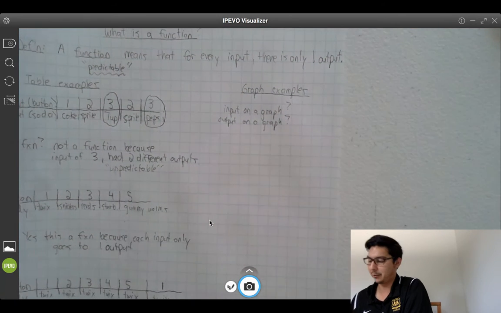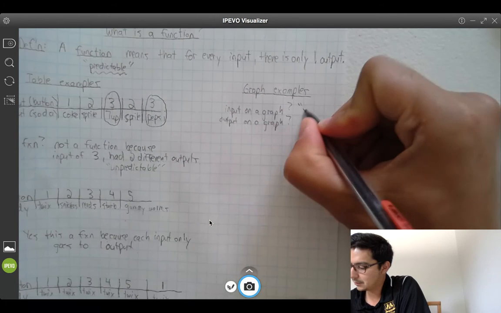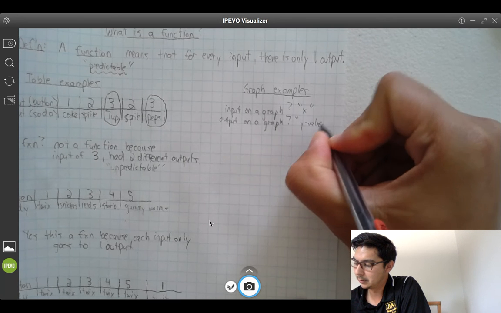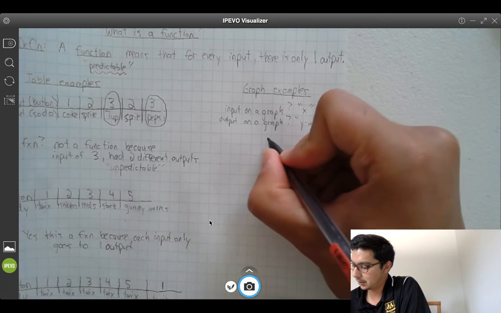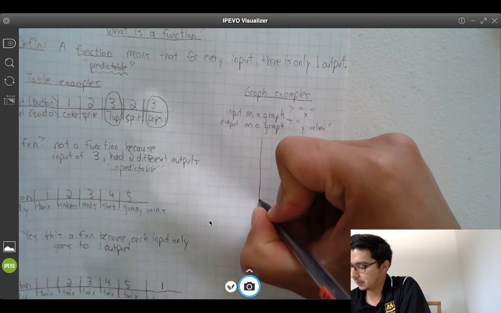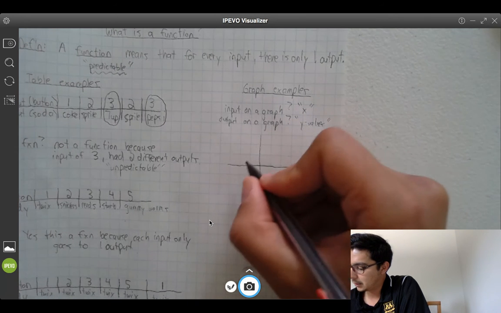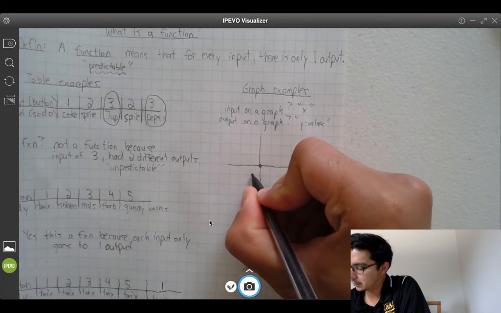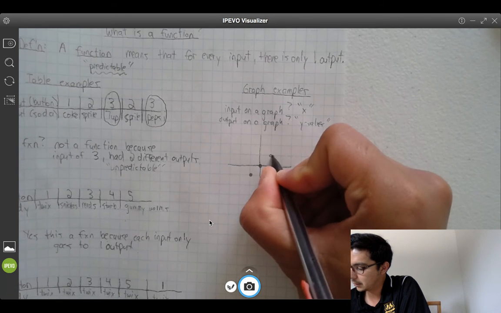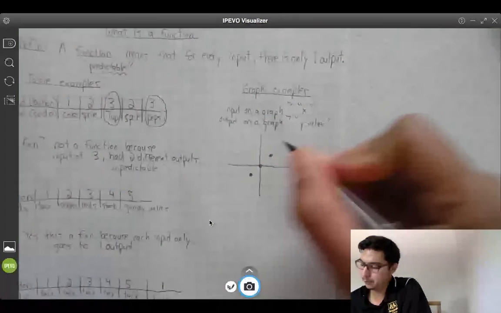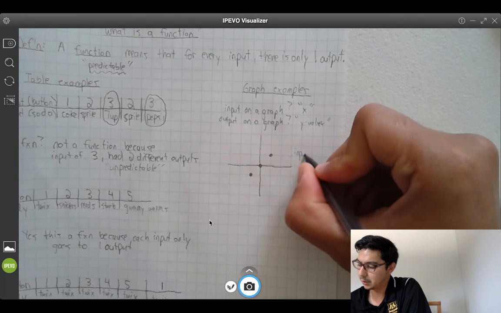So an input on a graph is typically the X, and the output on a graph are the Y values. Right. So let's look at this first example and make sense of it. So I'm going to make a little graph here. And let's say the graph looks something like this. So this point right here, your input, if I was to make a table so you can make sense of